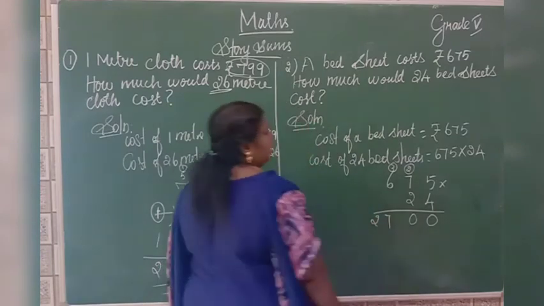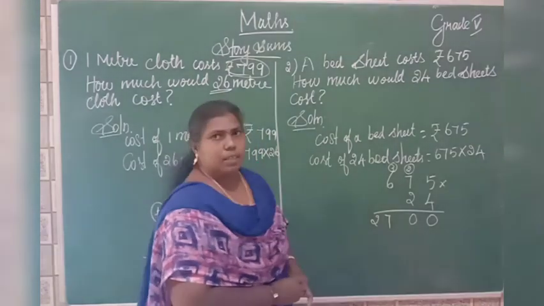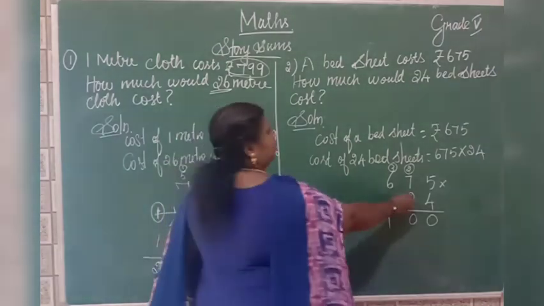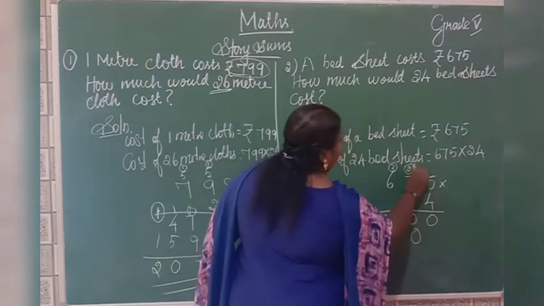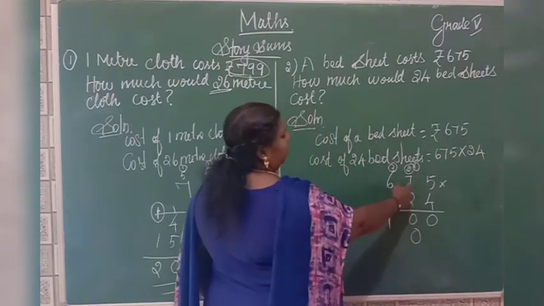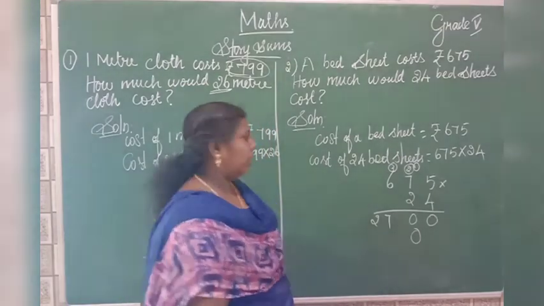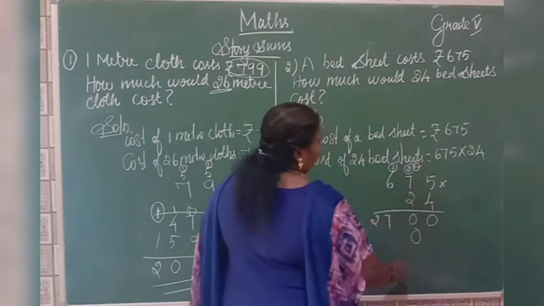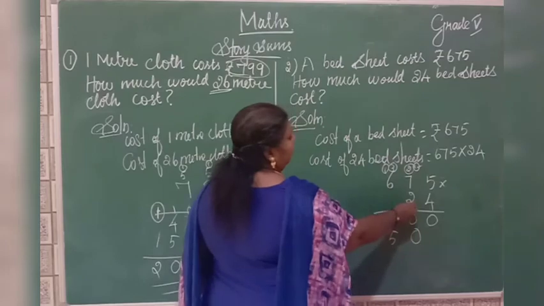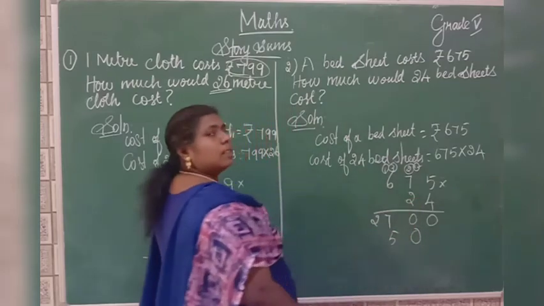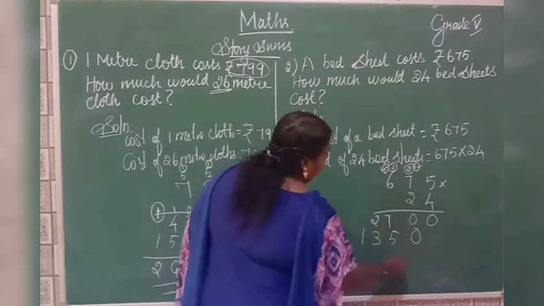So 27. Next we are going to use which table? Second table, isn't it? Yes. Second table. 2 times 5 is how much? 10. 1 will be here. Then second table again. 2 sevens are 14. Then 14 plus 1, 15. That means 1 carry here. 2 times 6 are 12, isn't it? 12 plus 1, 13. Yes.